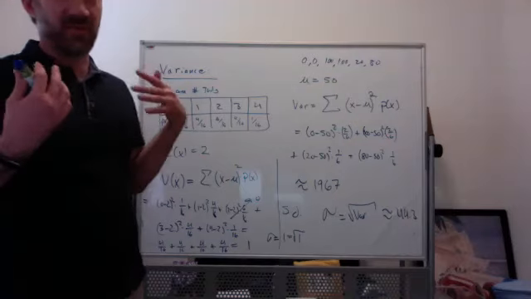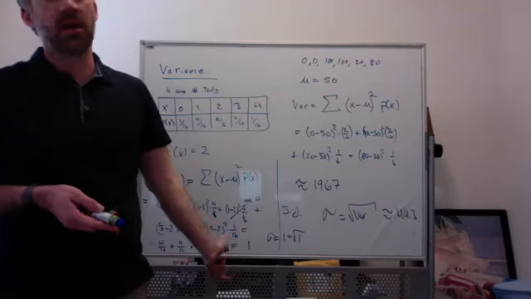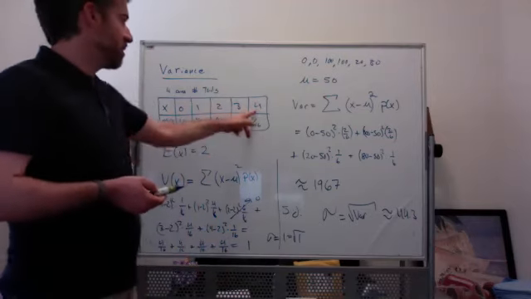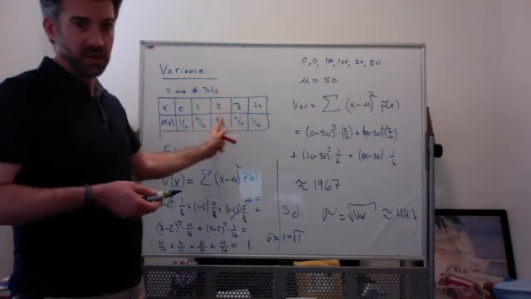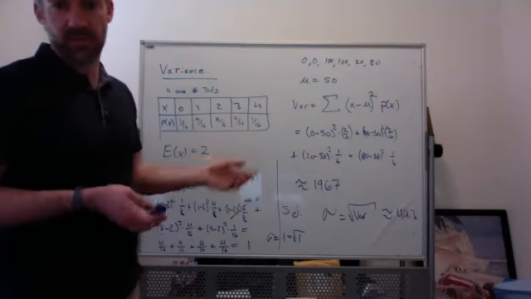That doesn't mean the difference from the mean is always 1, it just means that on average, if you select something at random, you're going to be 1 away from the mean. Sometimes you might be 2 away from the mean. Sometimes you might be 0 away from the mean. Sometimes you might actually be 3 away from the mean. But on average,